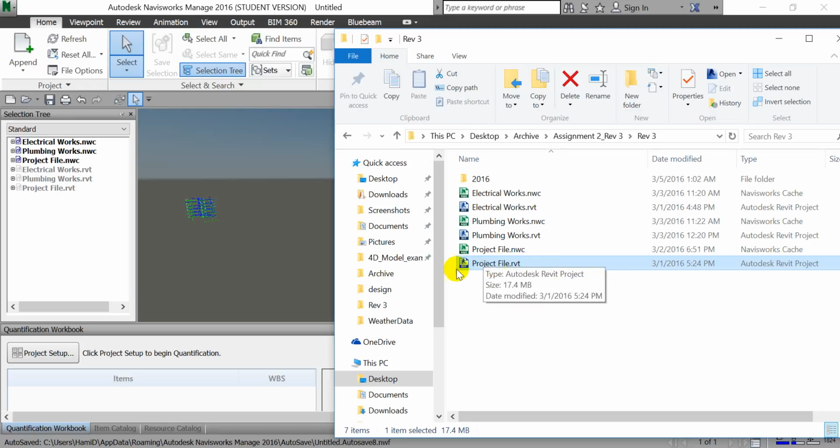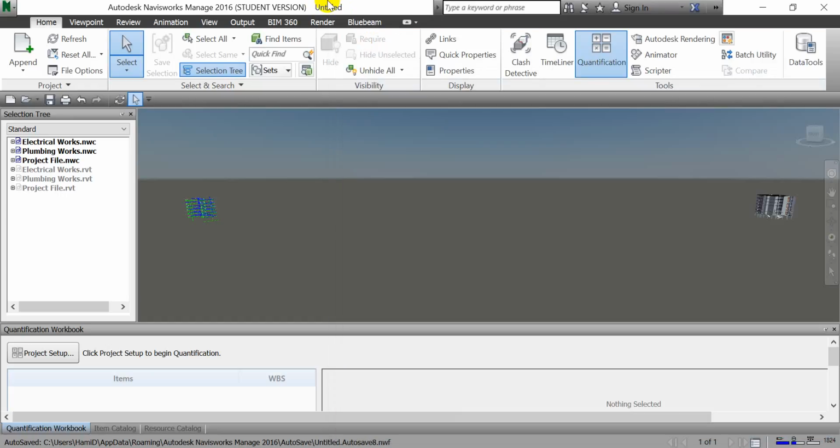Project file is the architectural model, and when I append these three models to a Navisworks file, we can see that electrical works and plumbing works models are located over here, but the project file, the architectural model, is located here. This means that these models do not have a shared reference point or a shared coordination point, and we need to fix that